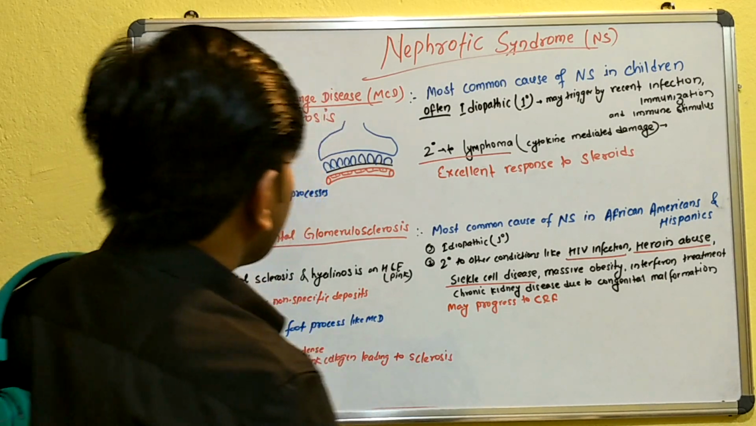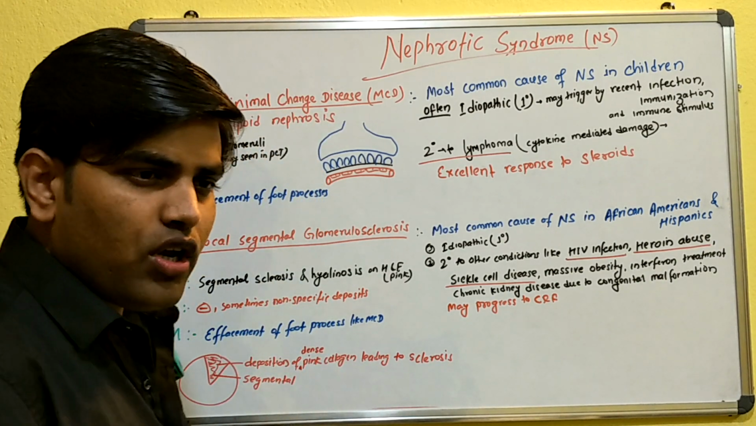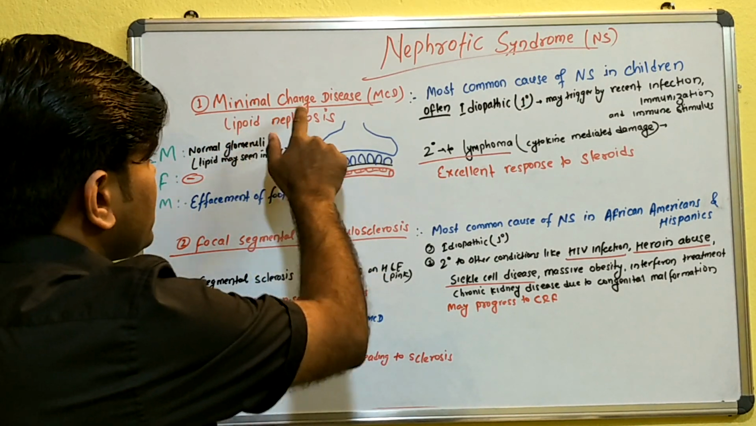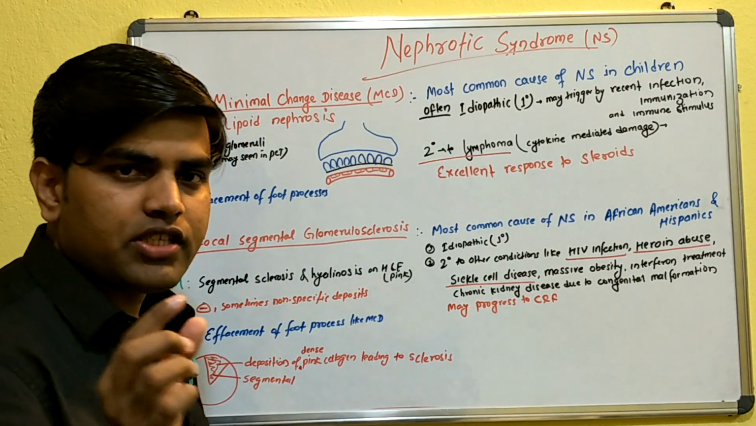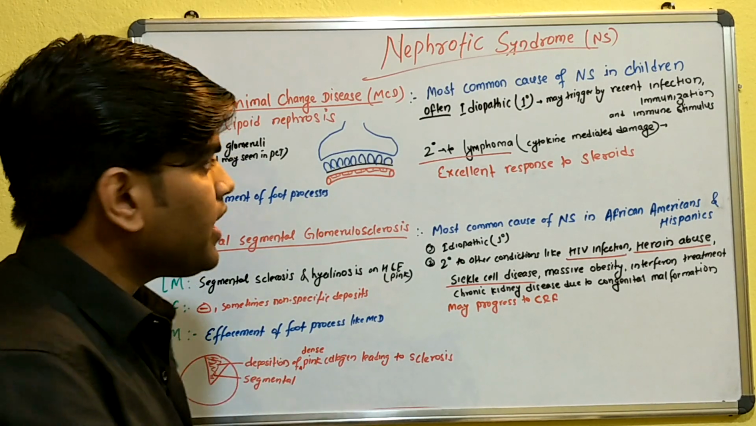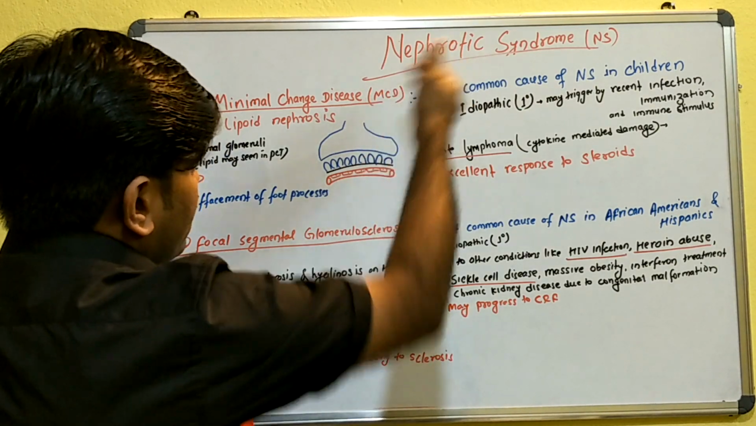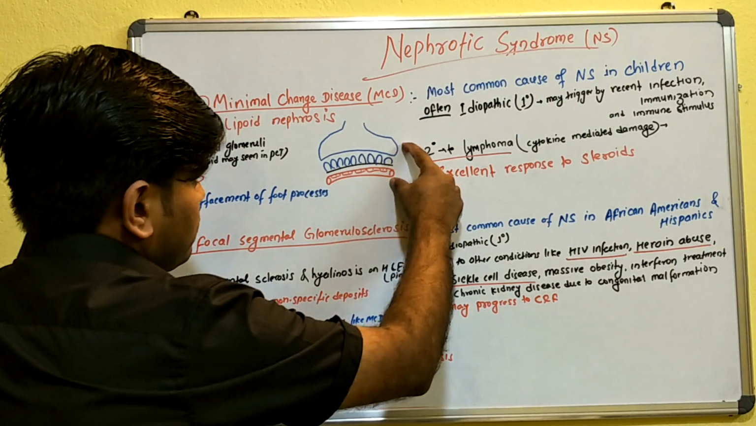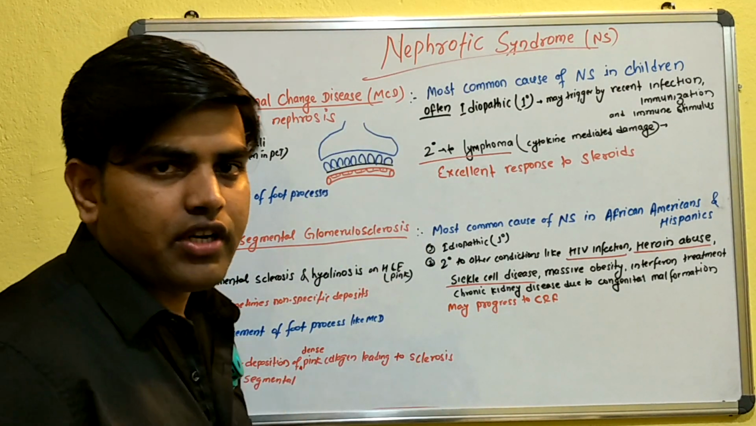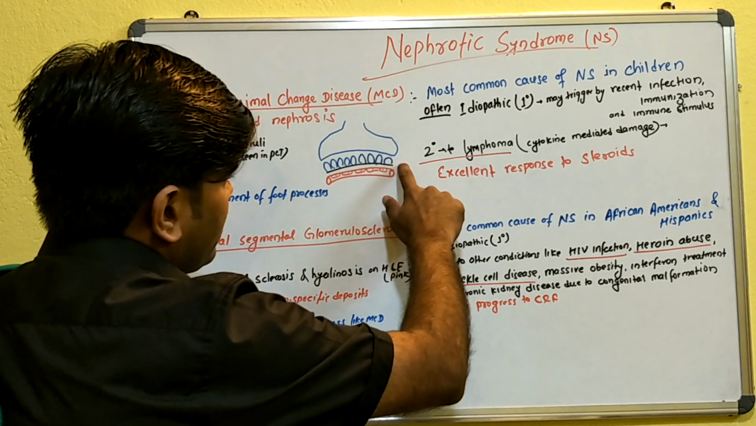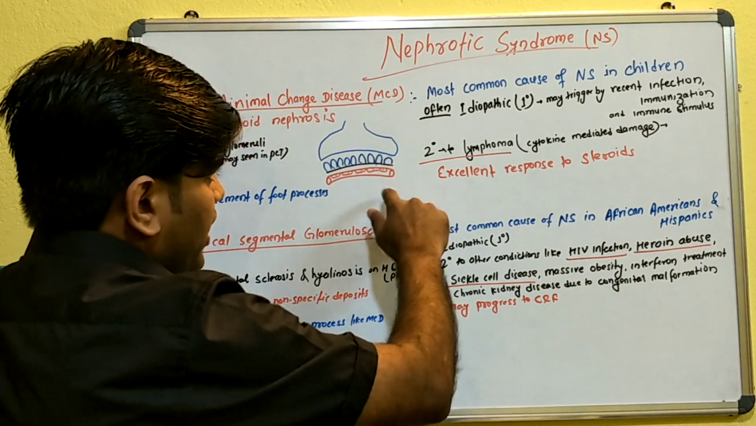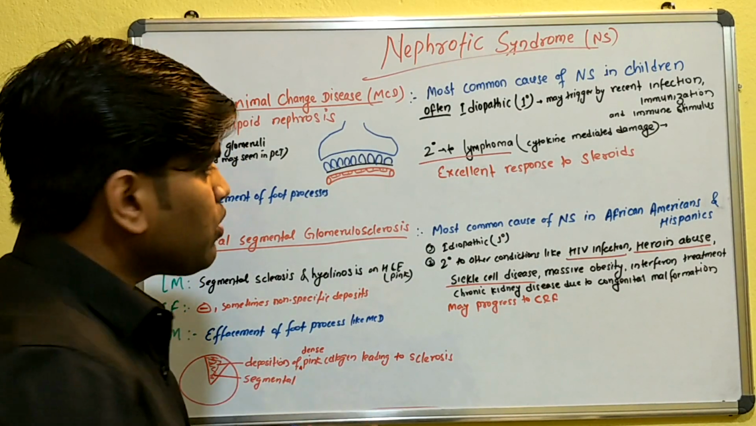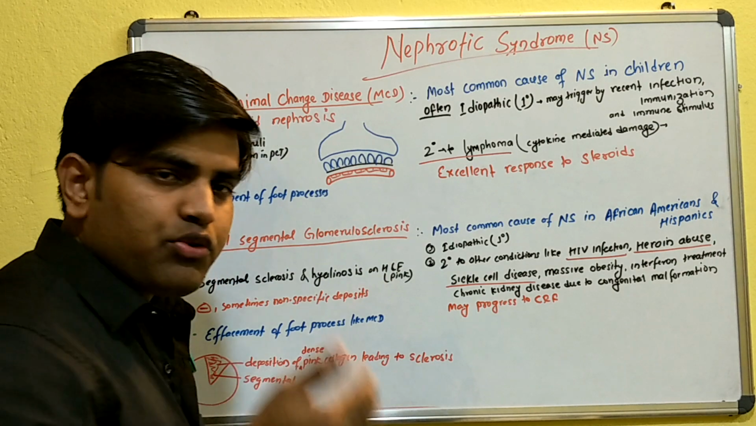When we are talking about minimal change disease, the name itself indicates that there is a minimal change in the glomerulus that has led to the nephrotic syndrome. Now, regarding the filtration barrier, you know that there are three layers: the endothelial layer, the glomerular basement membrane, and the podocytes. There are two barriers, one is the size barrier and another is the charge barrier, that is responsible for the albumin to remain inside